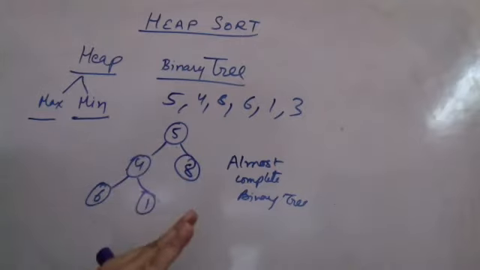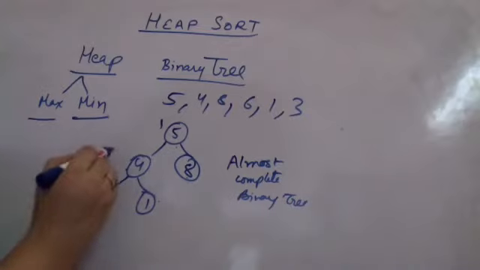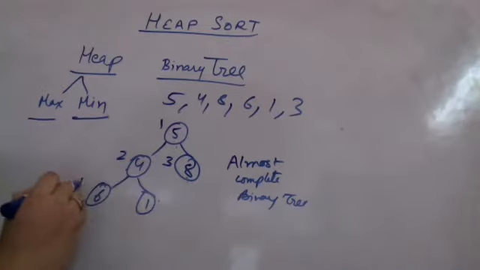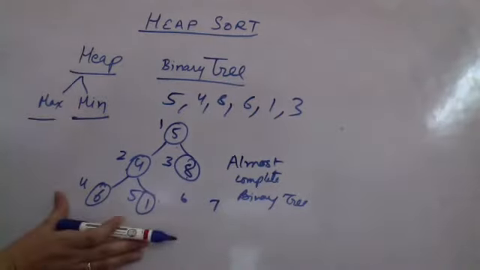ये possible है क्योंकि अभी it has to be the next in the order, so that we can number the elements. This is the first element in the list, second element, third element, fourth element, fifth element, 6, 7, then 8, 9, 10, 11, so on. So we have the numbering in this tree.